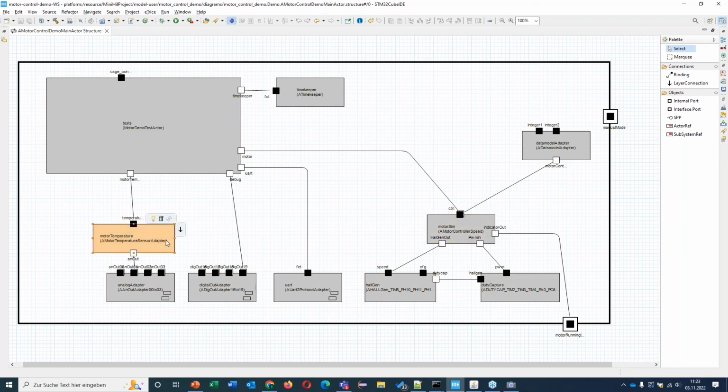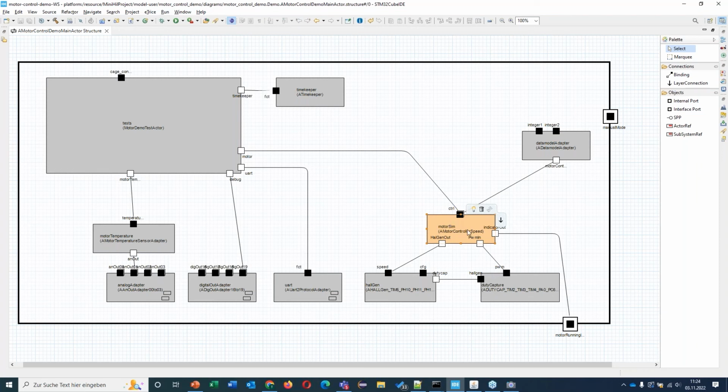That's the motor simulation and the motor temperature that converts an analog value, 3 point something volt, into a temperature in Celsius. So for example, 10 degrees Celsius or something like that. And the other way around, so we set the temperature here. And in order to do that, we need behavior. So there are various ways to really